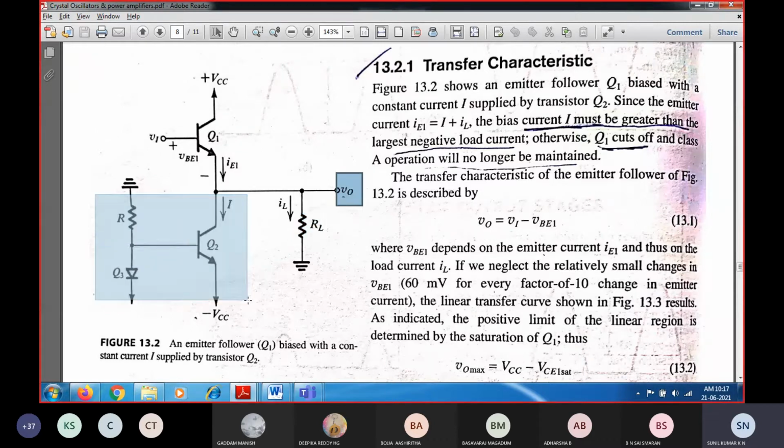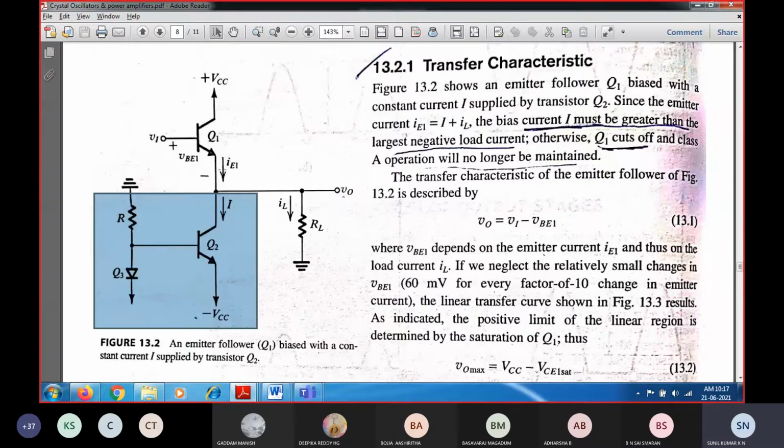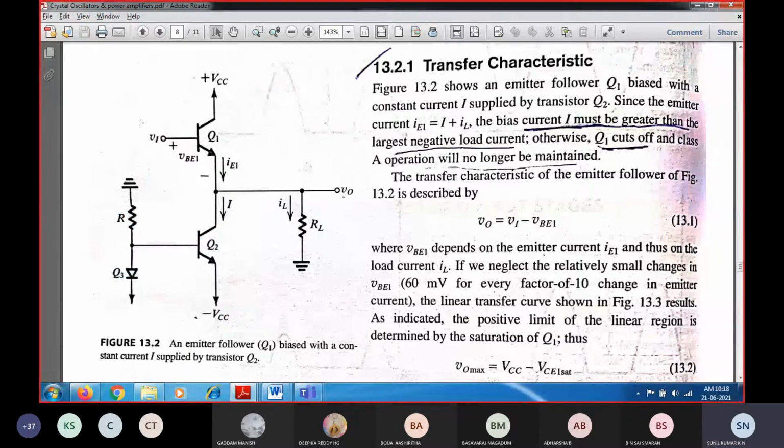For that reason, we establish a constant current circuit at the emitter end of transistor Q1, a constant biasing circuit. So when you employ this circuit, what will happen? For a given full wave of input signal, during the positive cycle it delivers from the positive VCC as output, and during the negative half cycle of the input, transistor Q2 delivers because of the negative power supply and the constant current flowing. So even though transistor Q1 is off, Q2 will be providing the output voltage.